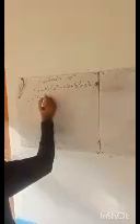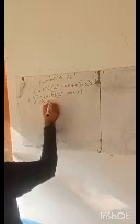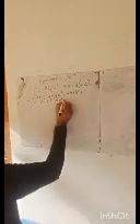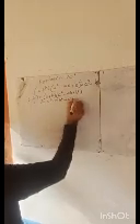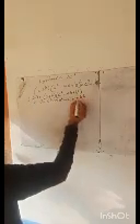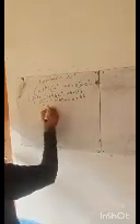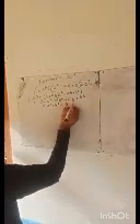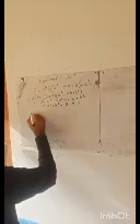Left hand side: a plus b into a square minus ab plus b square is equal to a cube minus a square b plus ab square plus a square b minus ab square plus b cube, is equal to a cube plus b cube, equal to right hand side. Formula number